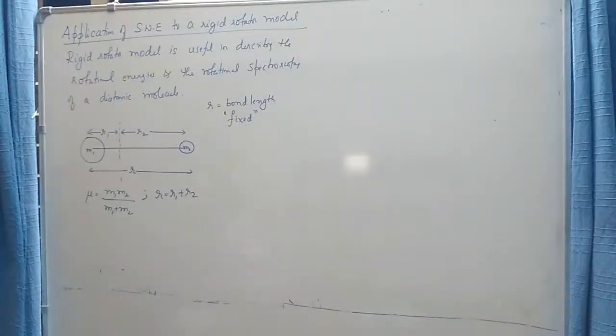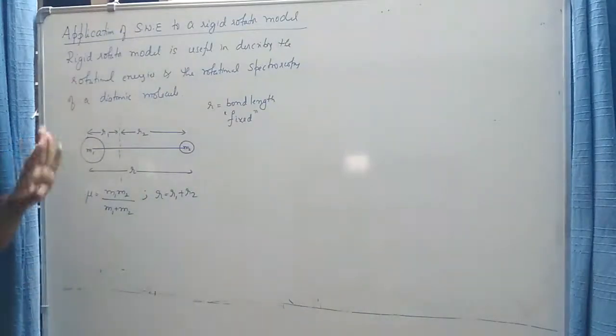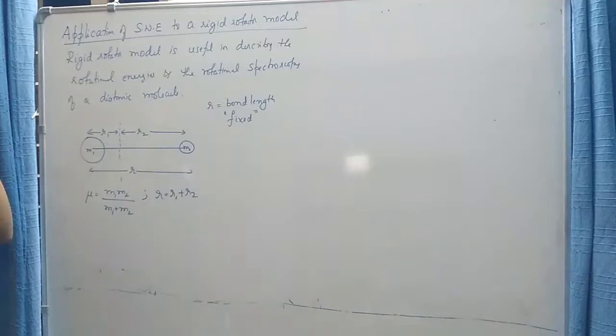Now let us apply the Schrodinger wave equation to a rigid rotator model. I have already defined the rigid rotator model in the previous video, so I will not explain it in greater detail again, but I will explain it in a very simple way. So why is this rigid rotator model important? It is important because it is quite useful in describing the rotational energies and thereby the rotational spectroscopy of diatomic